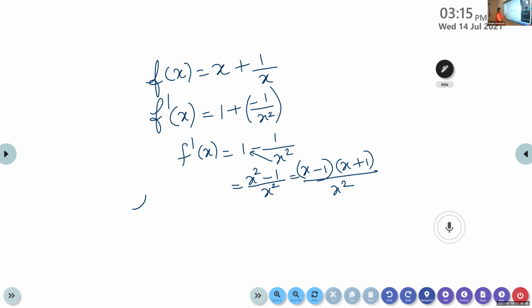We will equate f dash of x to 0. Listen, an important method only we are learning here. Equate f dash of x to 0. So when we equate f dash of x to 0,